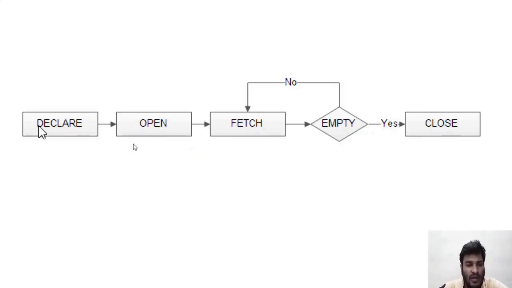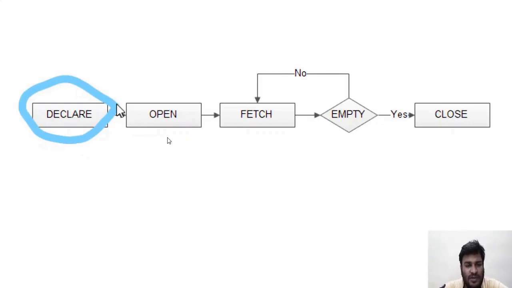So when we talk about cursors, we have already seen the declare statement which we have used in the code. Declare was used for declaring variables, and also to declare the cursor and to declare the handler for the cursor. So these are a few areas for which declare is used. Then we open up the cursor.